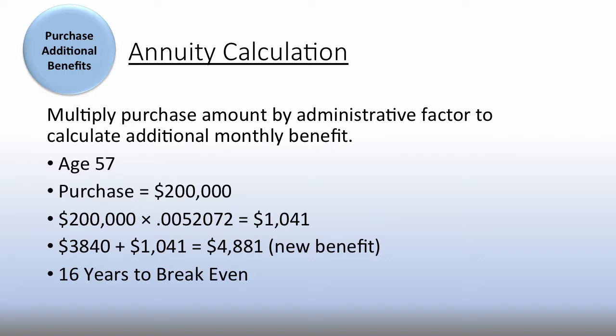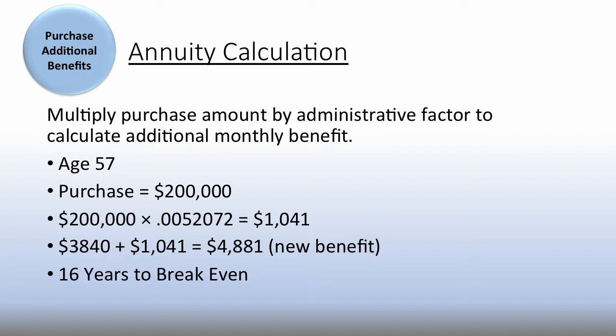retiree. I'm going to look up the factor for Plan 2, retiring at age 57, and I know that factor is 0.0052072. All I have to do is calculate my purchase amount times that factor, and that's going to tell me how much benefit I'm going to get every month for the rest of my life based on a $200,000 purchase, and that's $1,041. So if I took my assumed average benefit and added that $1,000, my new benefit's a little over $4,800. I'm going to get that for the rest of my life